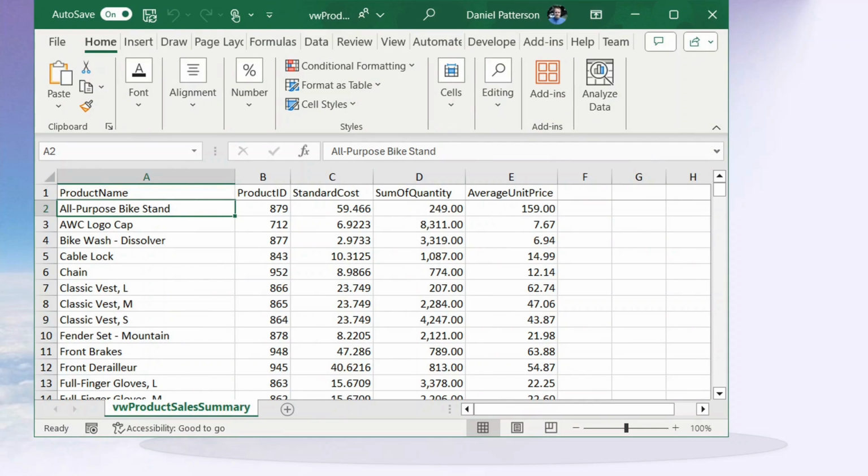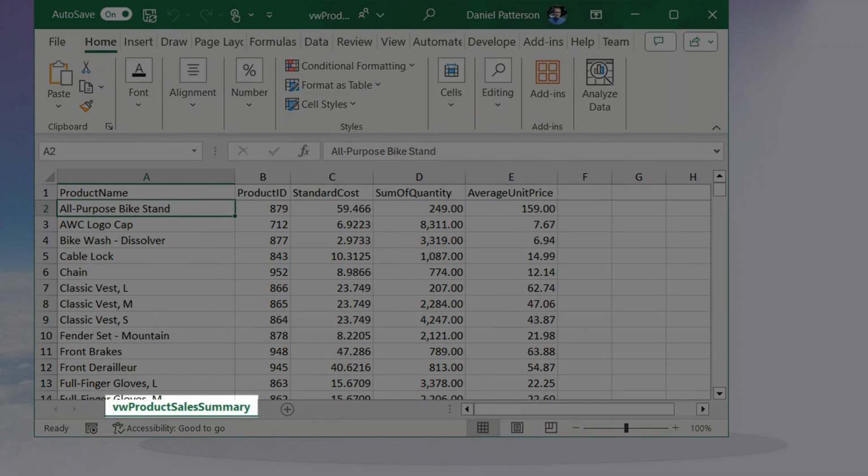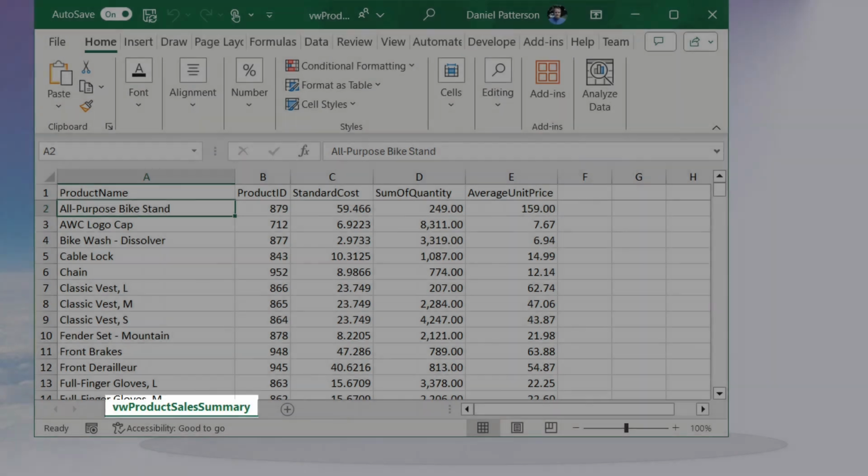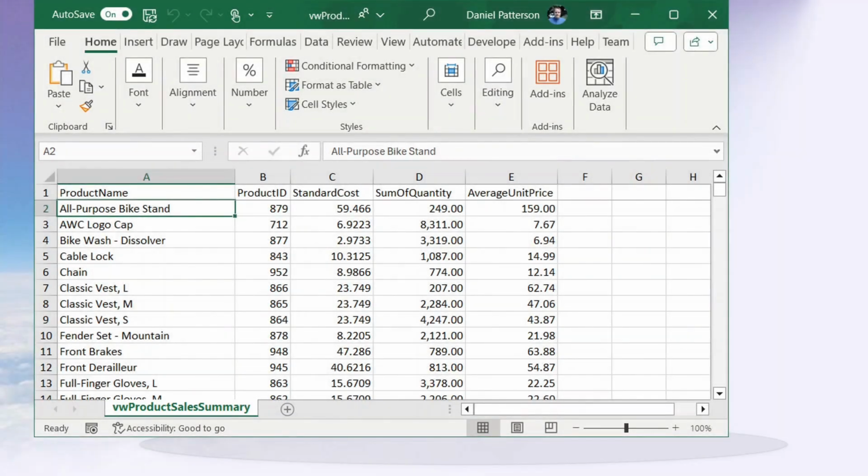The file I am using is vwproductsalessummary.xlsx. This is extracted directly from the AdventureWorks database using an export function. The sheet contains a few different columns, including the product name, cost, quantity sold, and the average price at which